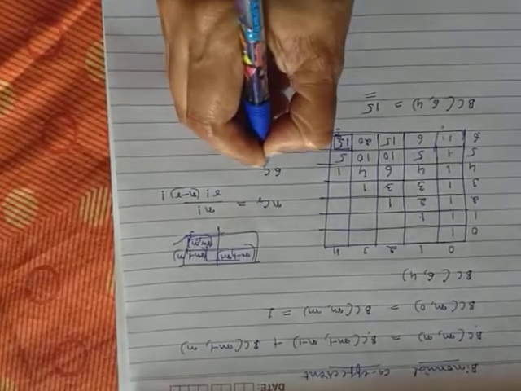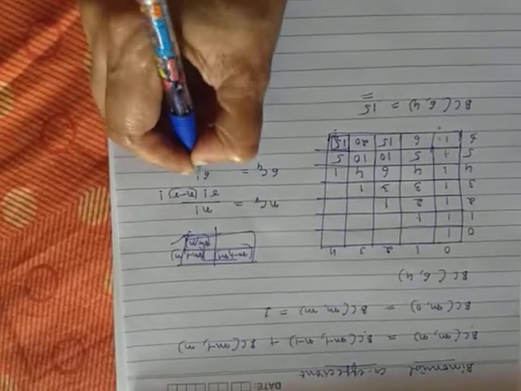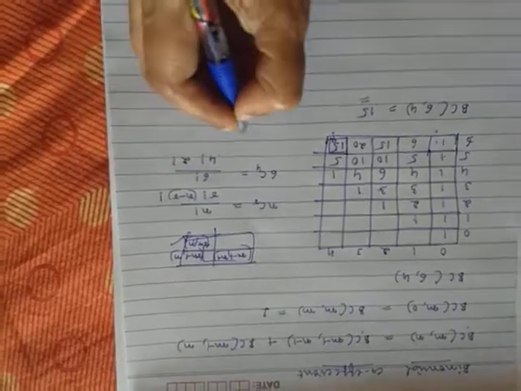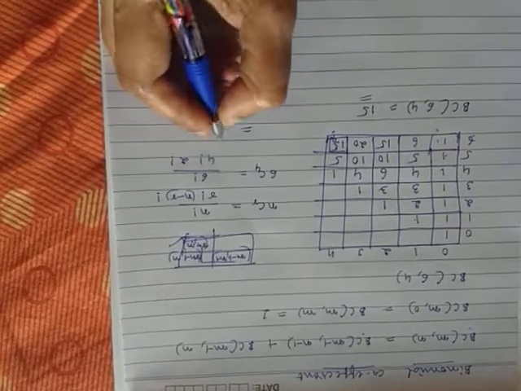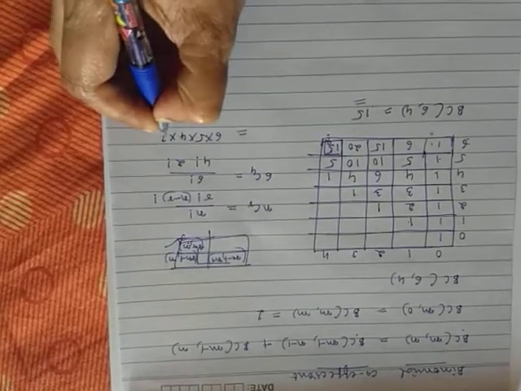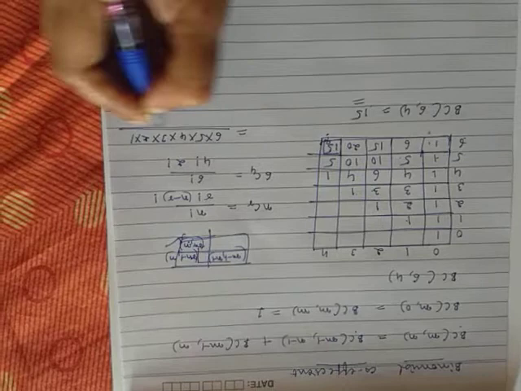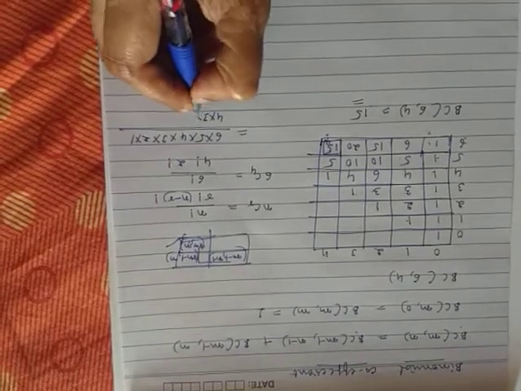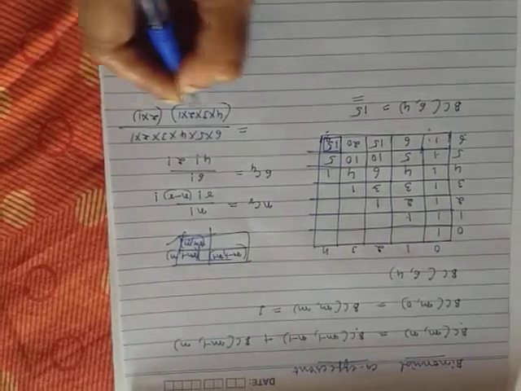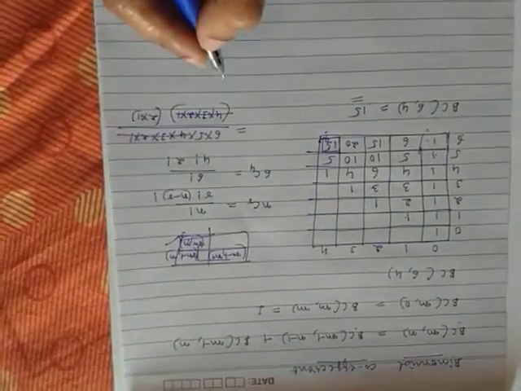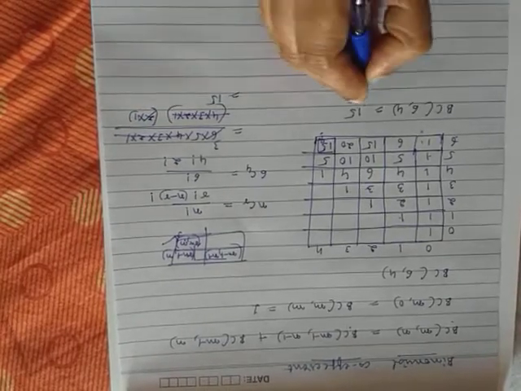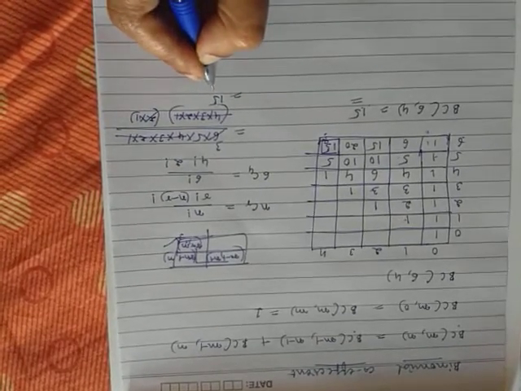So it is 6C4. So 6 factorial divided by 4 factorial into 2 factorial. 6 factorial is 6 into 5 into 4 into 3 into 2 into 1. This is 4 factorial, 4 into 3 into 2 into 1, and this is 2 into 1. So 4, 3, 2, 1 and 4, 3, 2, 1 get cancelled. 2 3s are 6, which gives 15. Yes, whatever we have got is right.